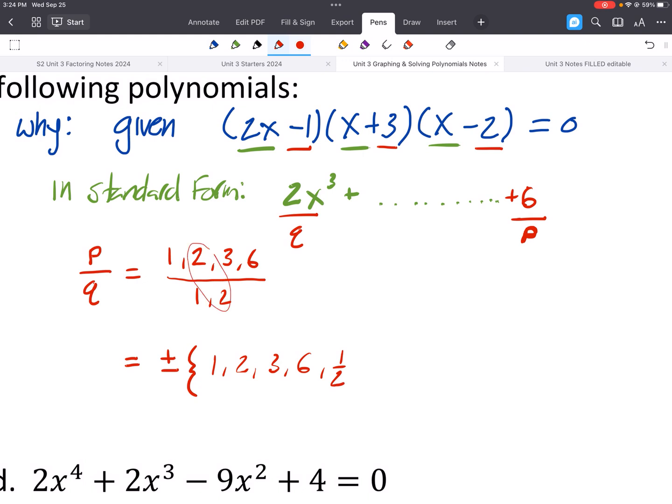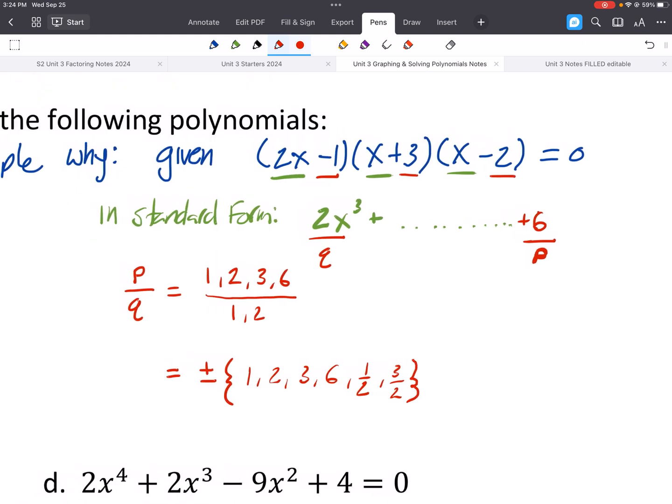We'd have 2 over 2, but 2 over 2 is just 1. We already have that. We could do 3 over 2. We don't have that. And then 6 over 2, we do have that. That's just 3. So that's not a great thing, but those are the possible rational roots. We know that this is a third-degree polynomial. There's only going to be 3 that will actually work, but at least we can limit the possible things that